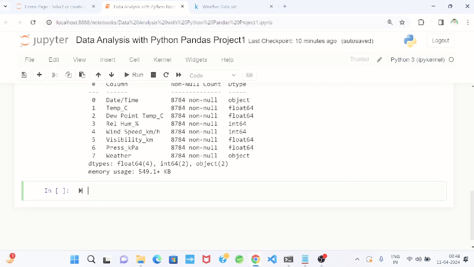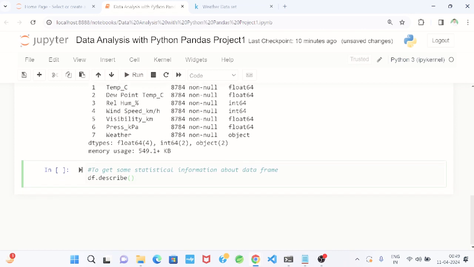Then guys, we will move forward. If I want to get some statistical information about the data frame, the data frame name is df. There is a built-in function, describe. If I call the describe function and hit run,